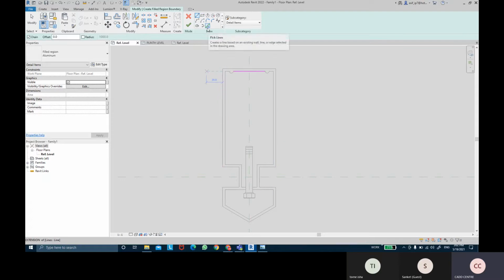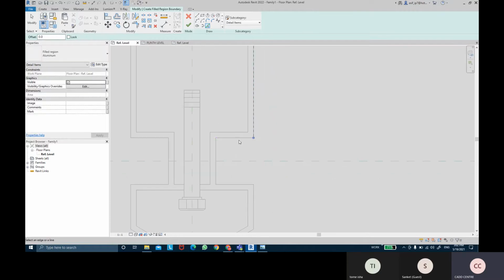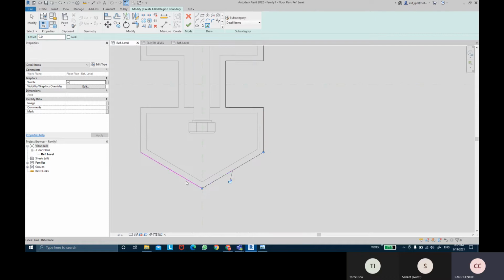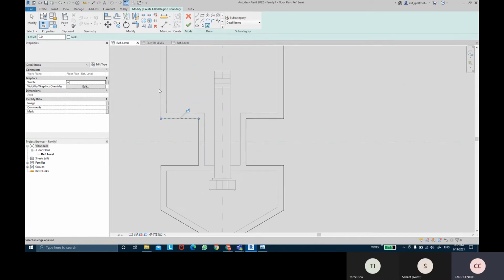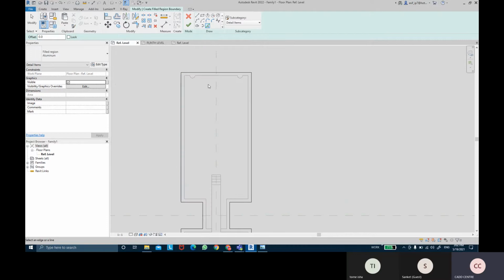So we're gonna take aluminum filling and fill this double line with aluminum details. So take this pick line command and this line outline first. Lock these lines basically then.